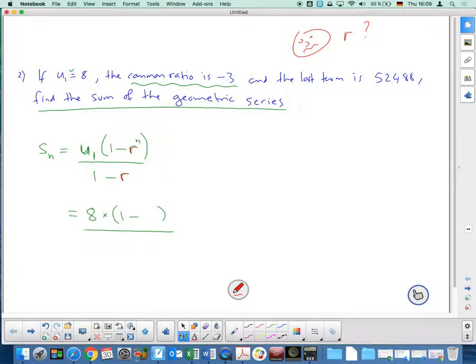Well, if you think about it, they don't tell you things for nothing. If they tell you this, it must be relevant. There must be something to do with that. And this actually comes back to what you were doing in your previous exercises. You've got a geometric series and you know what the last term is, so use that to find out the value of, say, n, how many terms you've got, something like that. So if I know the last term is 52488, what I could say is,